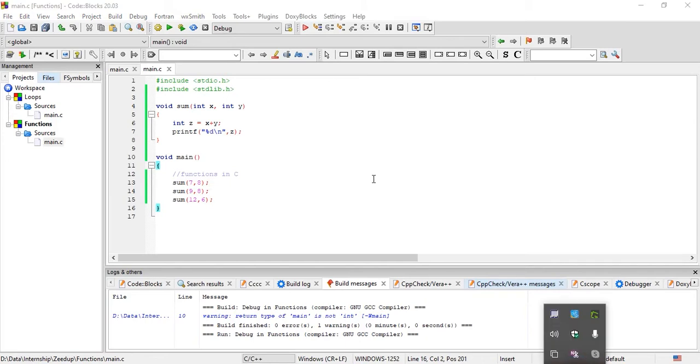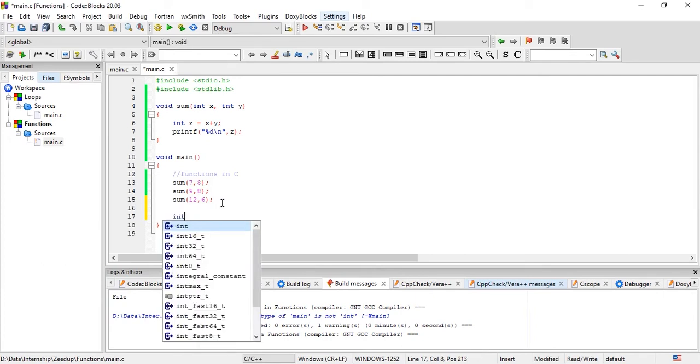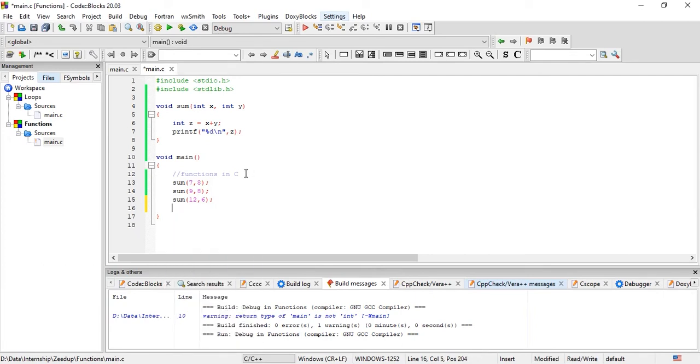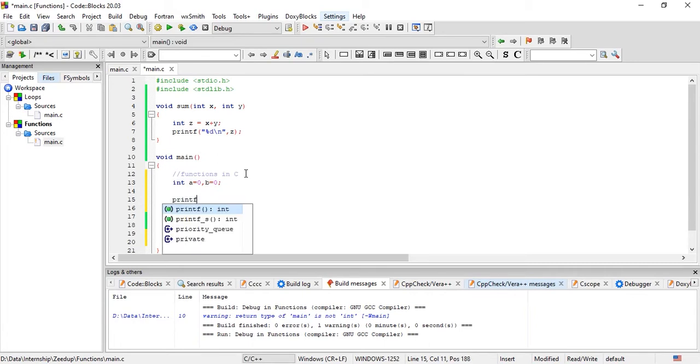Now here what we have done is we have passed the arguments ourselves. Suppose you want to accept these arguments from the user, then how can you do that? We are just going to leave this code right here only. First let us declare two variables, say a and initialize it with 0, put a comma, and declare b with 0. We are going to accept the values of a and b from the user, and then we are going to add them. So first of all, we need to put a message to the user that we are expecting some value.